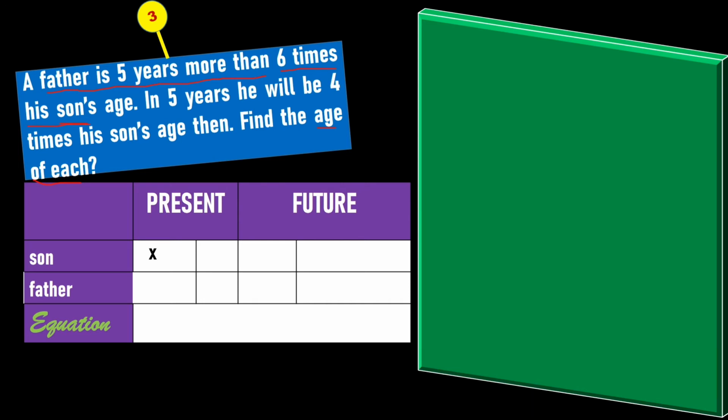So ito yung equation ni father. Mahuhuli yung 5 years more than, ito yan, plus 5. 5 years more than 6 times his son's age, yung x si son. Ayan, 6 kaya 6x plus 5. 5 years more than 6 times his son's age. Okay. And then,